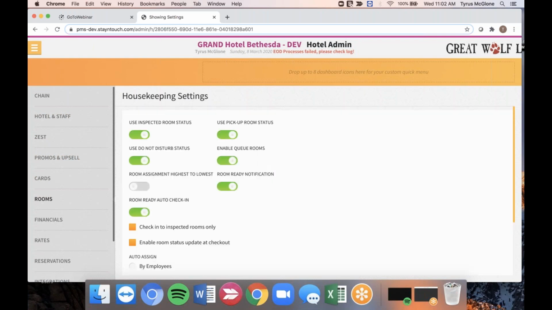Within the housekeeping section, most of you are probably familiar with the inspected room status, pickup room status, and queued rooms. We have added the toggle for use do not disturb status. This is currently toggled on for my training environment. If you would like to use do not disturb in your live environment, you would simply take the same steps